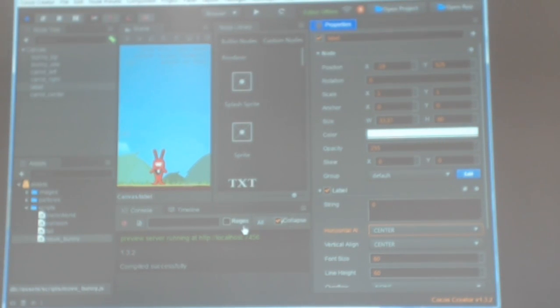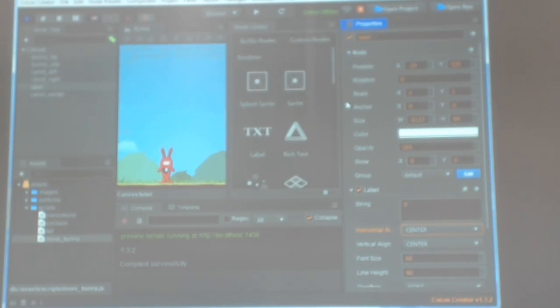Here we have Cocos Creator, which is a complete graphical interface where the code and all the graphical assets coexist. On the left, you can see that I have some visual elements like the bunny background, which is the background you're seeing here.